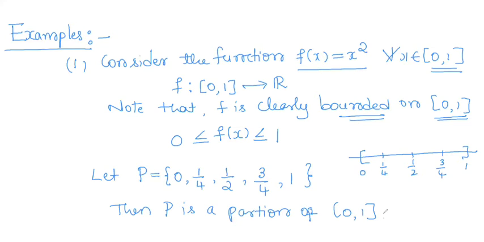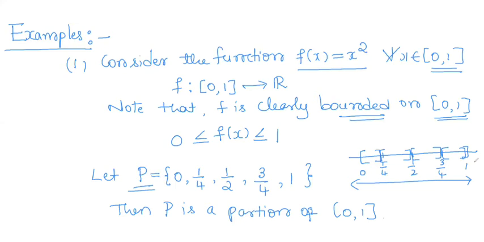Now with respect to this partition, we shall calculate the lower Riemann sum and the upper Riemann sum. So this is what we do, right? We'll consider a partition. With that partition, any partition will divide the closed interval 0, 1 into some sub-intervals. Here also, the partition which we have considered is 0, 1 by 4, 1 by 2, 3 by 4, 1, and this partition divides the closed interval 0, 1 into these subintervals. What are the subintervals? 0 to 1 by 4, 1 by 4 to 1 by 2, 1 by 2 to 3 by 4, 3 by 4 to 1. So these are the 4 subintervals of the closed interval 0, 1 with respect to the partition P.